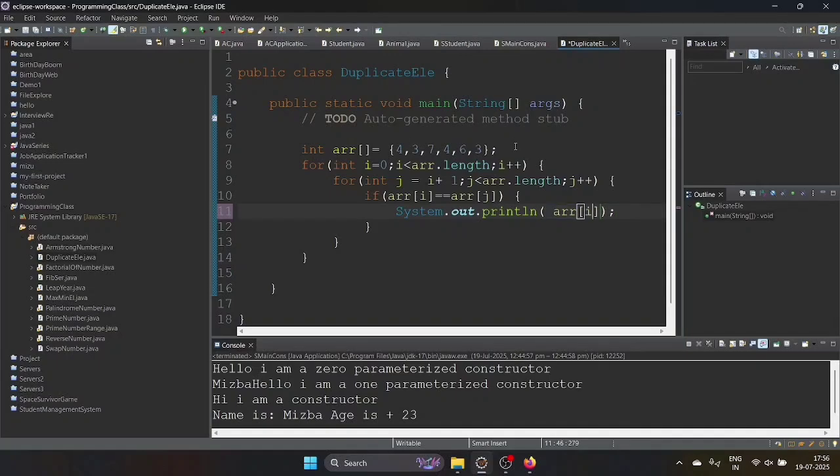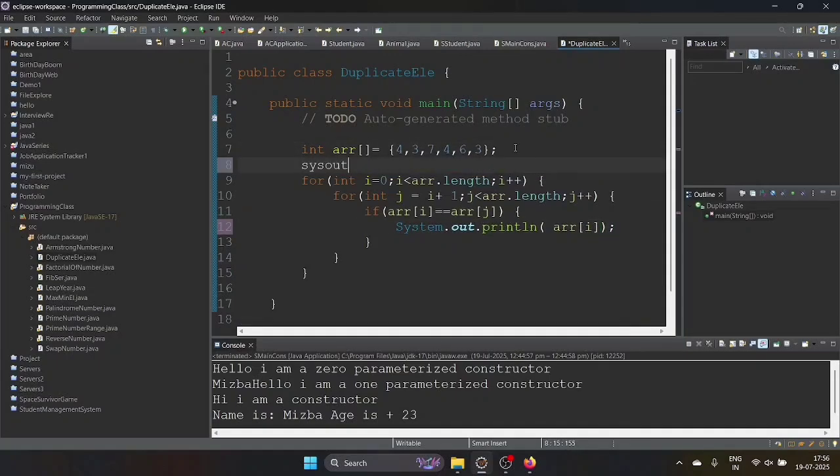We take a System.out and give that sentence. If we get a duplicate element while comparing, we print it, arr of i and j.